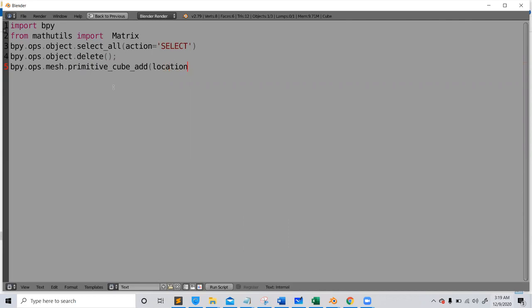and adding a mesh primitive cube add, and location equals 0, 0, 0. Okay, and obj equals, so I'm selecting the cube, bpy.data.objects, because it comes with the default name cube, right? So I'm going to select the object with the name cube,